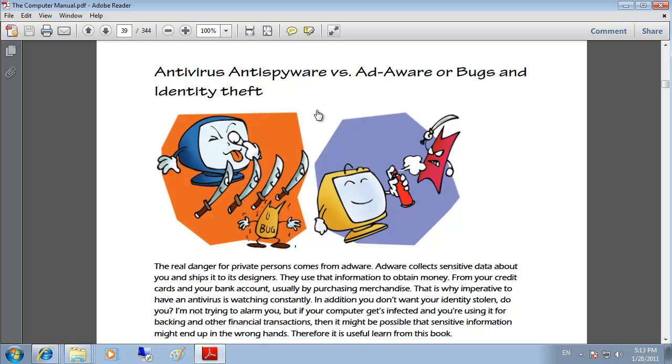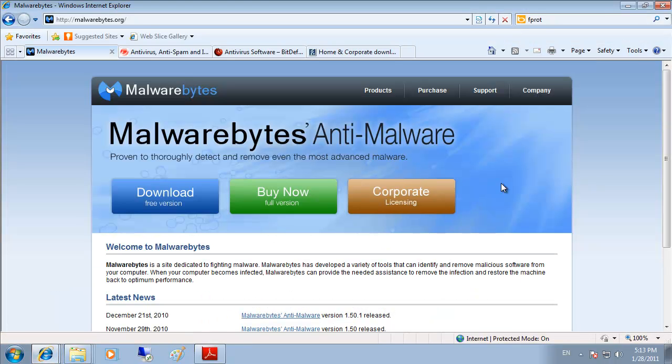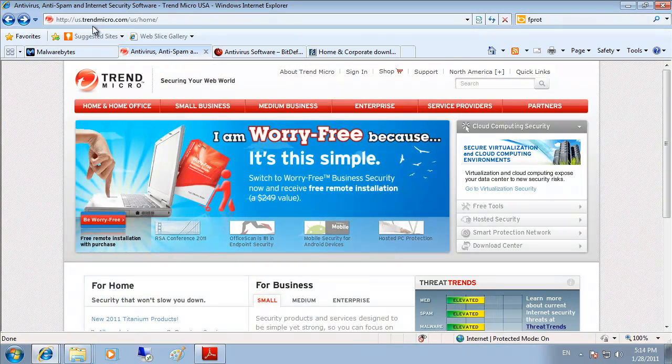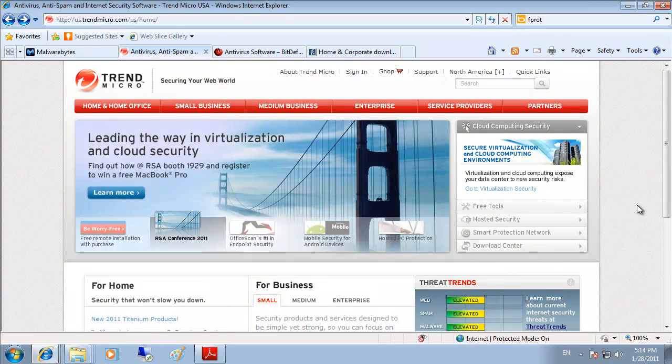Most of the manufacturers today sell computers with an antivirus already installed. Also, you can find free tools out there such as Malwarebytes. This is one of the best tools to scan your computer for adware and bugs, and it has a free edition, or you can buy a full version or a corporate licensing, but I don't think that would be the case for you. Also, you can use trendmicro.com to get a free scanning tool to download and use